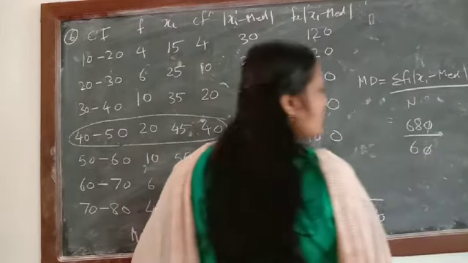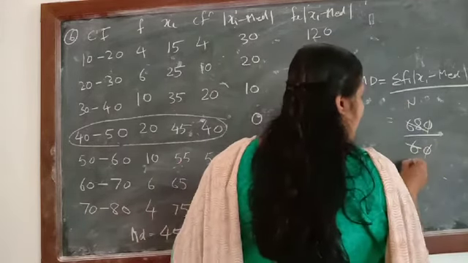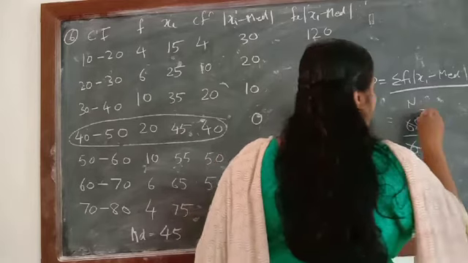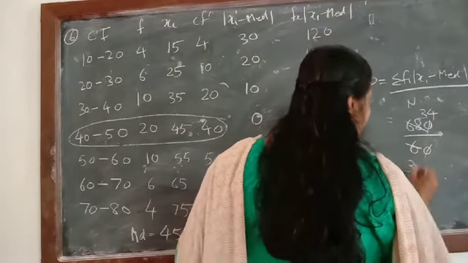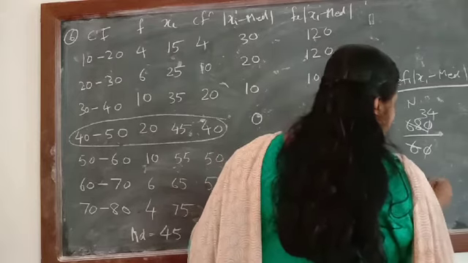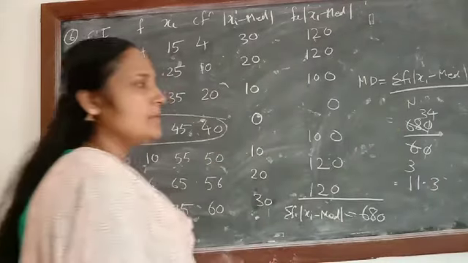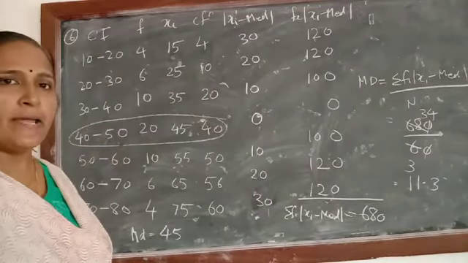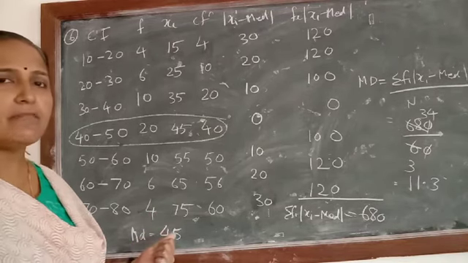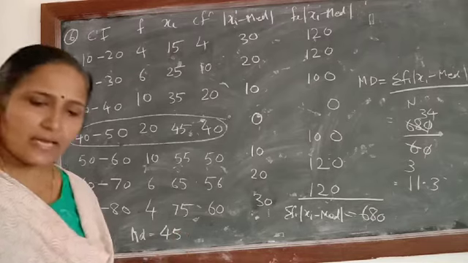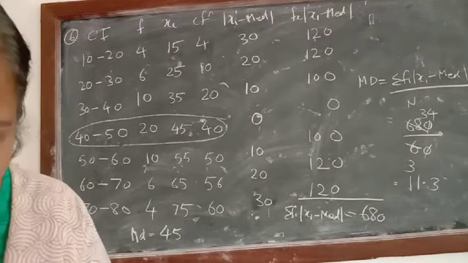So we can cancel this one. Now we can divide it by 2. So it will be 2 3s are 6, 34 by 3. 3 1s are 3. So the approximate answer will be equal to 11.3. I think this question is clear: how to calculate the mean deviation about median. Okay. Now we can check the next question.